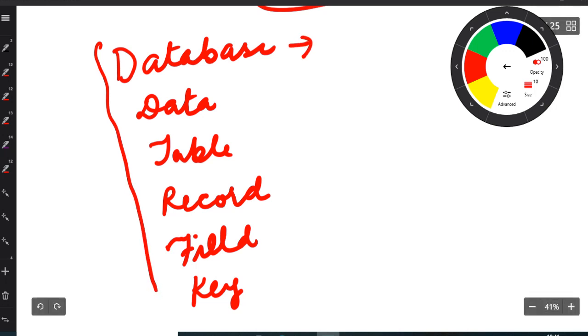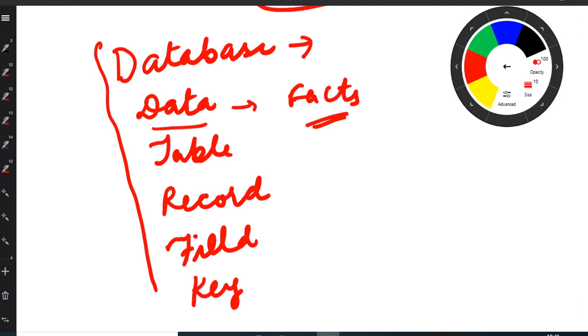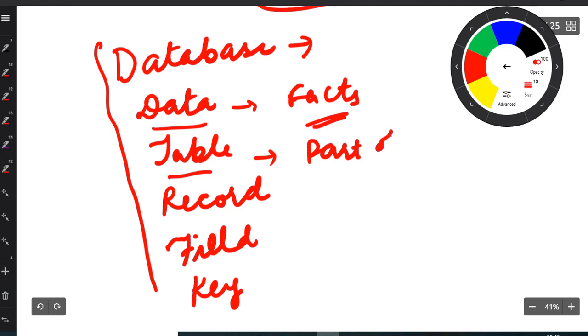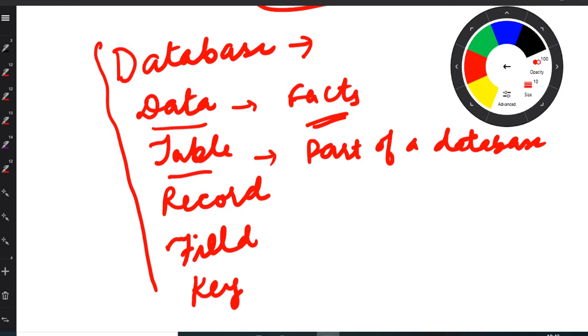Database, set of tables. Data means facts about an entity, which I have collected about the entity, all the employees, all the items, all the students, etc. Table means part of a database which contains a set of attributes about the entity.